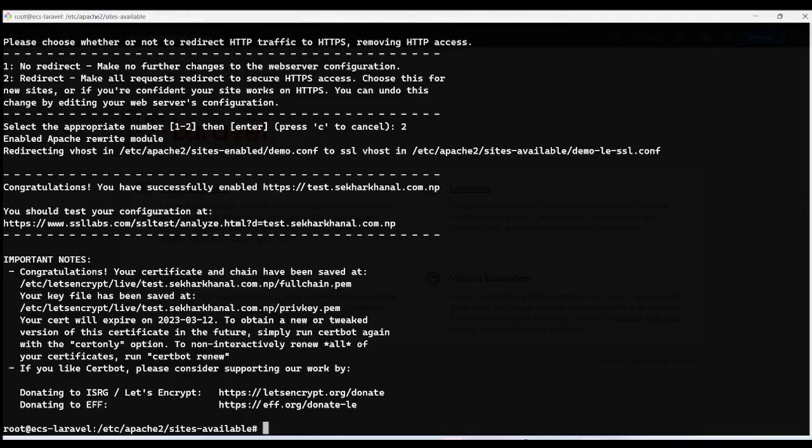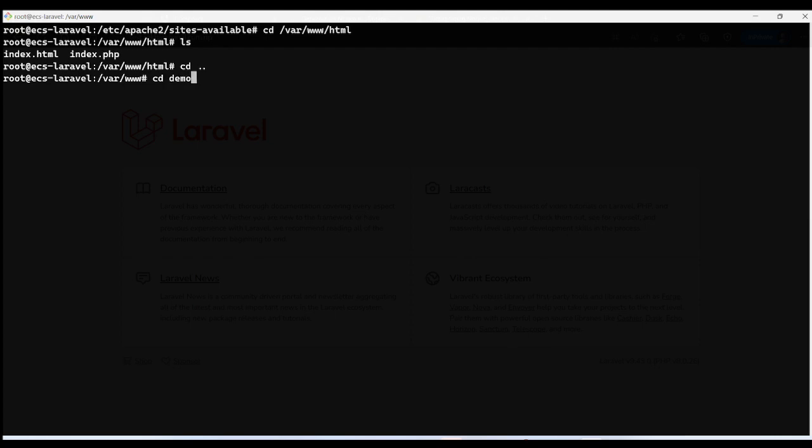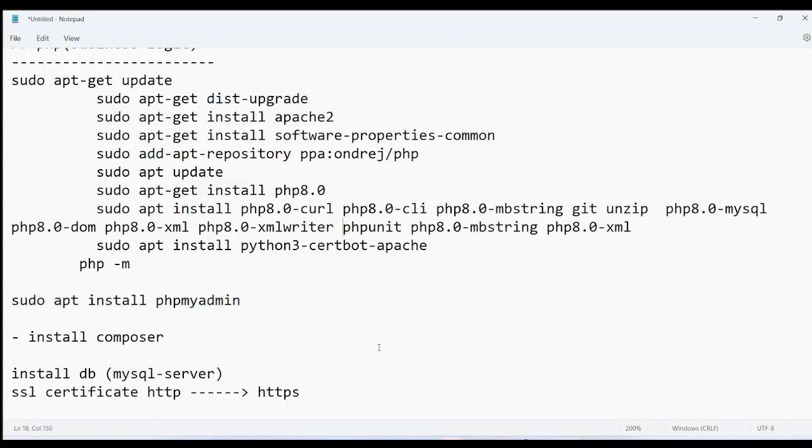Okay, so let me go here and let me clear the screen. Let me go to my /var/www/html folder here. Okay, not html. My folder is demo. So ls. So this is the thing that we have achieved till now. So as of now, what we have done is